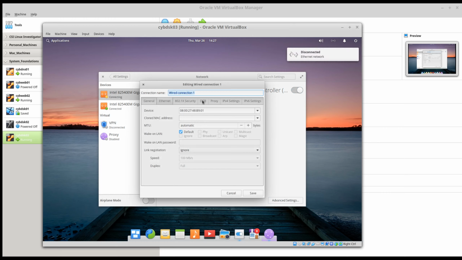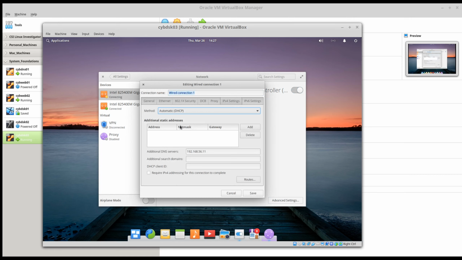So let's go back over. Oh, wait, what am I thinking? Our first interface does not have DHCP at all. So we're going manual on that thing. And for the address, we're going to go ahead and set up that address manually. So we're going to choose add